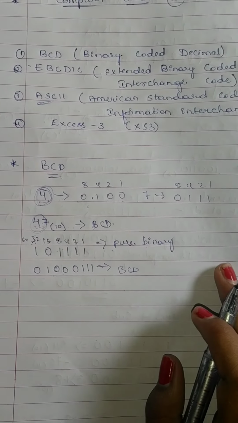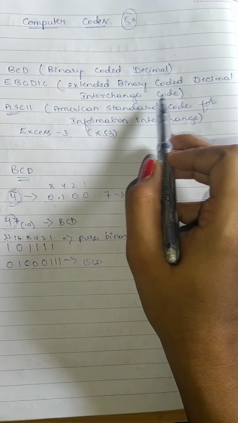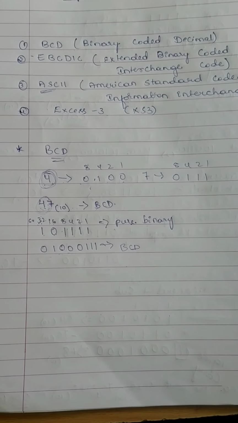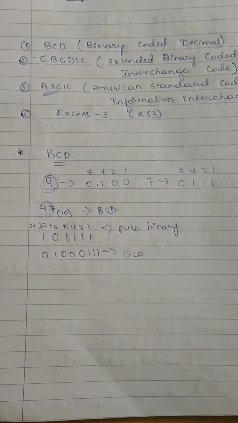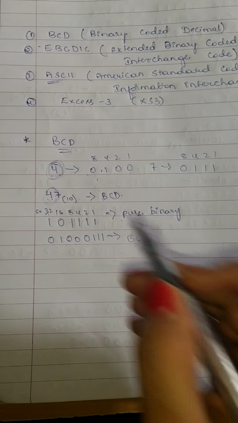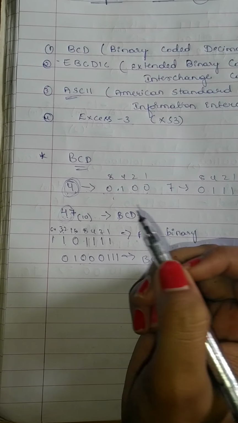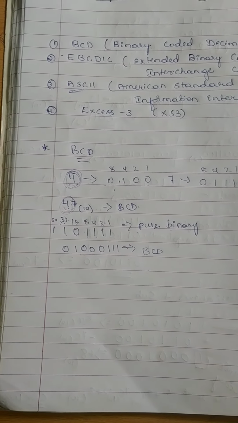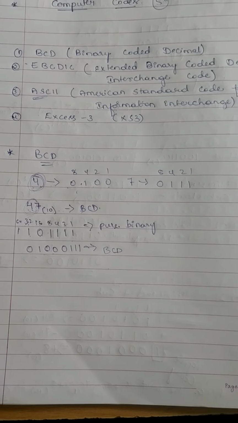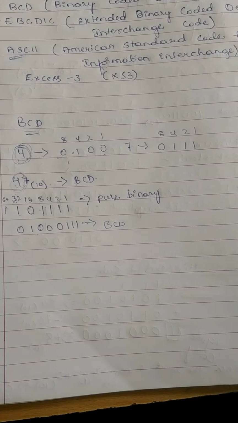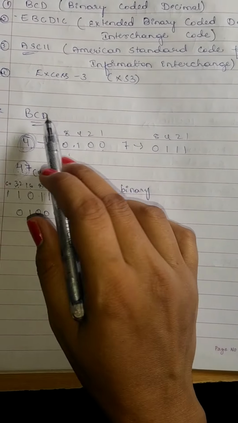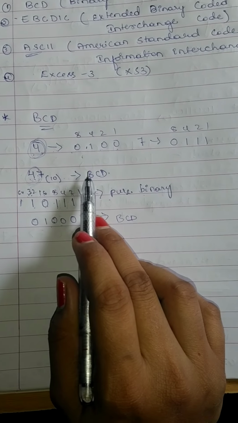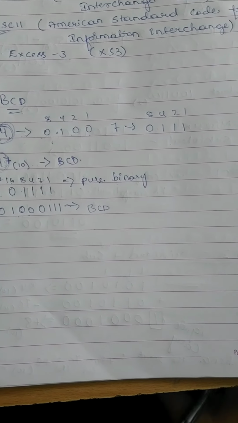Okay, so this is regarding BCD. Next, what is EBCDIC? That is Extended Binary Coded Decimal Interchange Code. Here BCD is limited to only 64 characters, so up to this value I can take. But when I want to represent upper values, lower values like capital letters, small letters and any other values, then BCD is not sufficient because it can handle only 64 different characters.